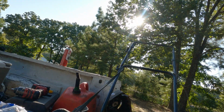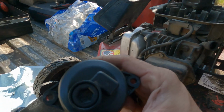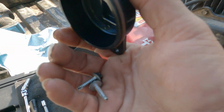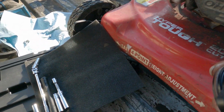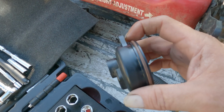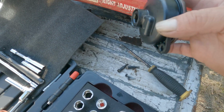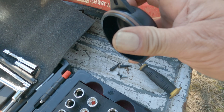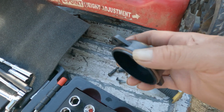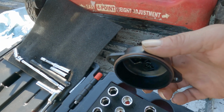essentially on the bottom, when you're looking at the bottom of your carburetor, you're going to see this, and there's these 2 screws. You're going to pull them out, and after you get them out, take your little screwdriver or something and pry lightly underneath each of these tabs where the screw was. Sorry about the road noise. After you get that off,